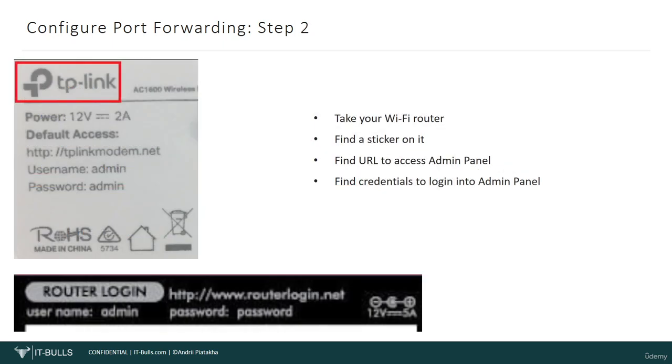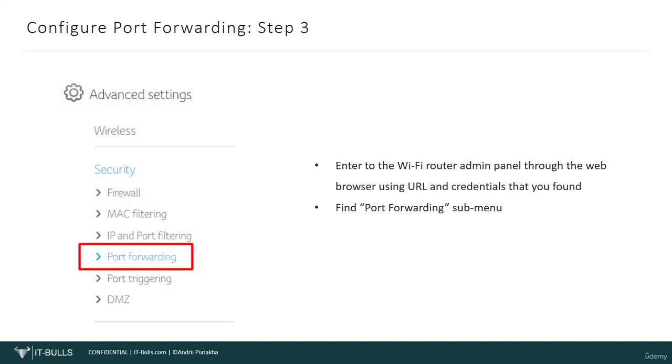The next thing. Check your Wi-Fi router. Usually Wi-Fi routers have a sticker with the details of admin access to the configurations. It consists of an IP address and admin password. Remember it. Open configurations of the Wi-Fi router by accessing the IP address and using the password that you found on the sticker